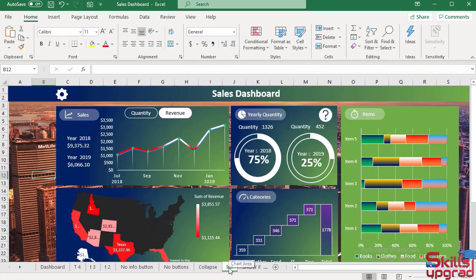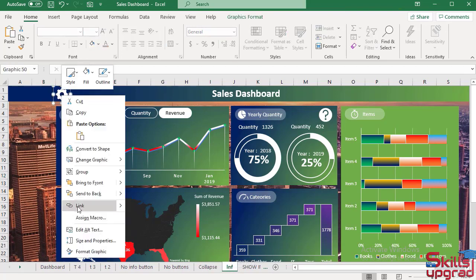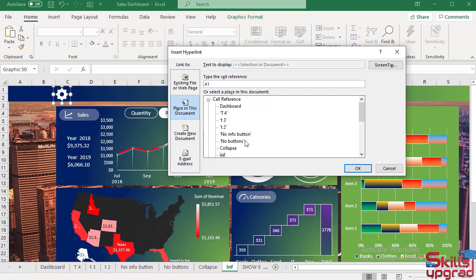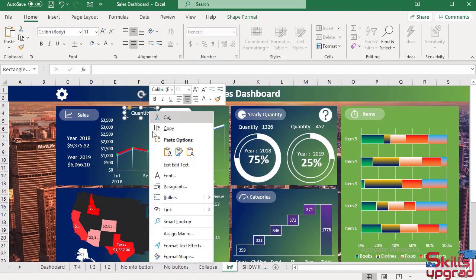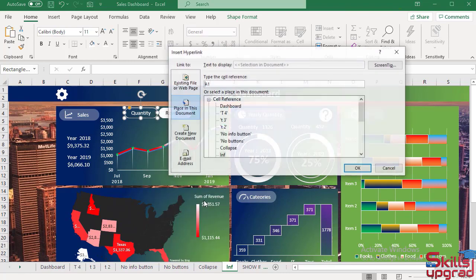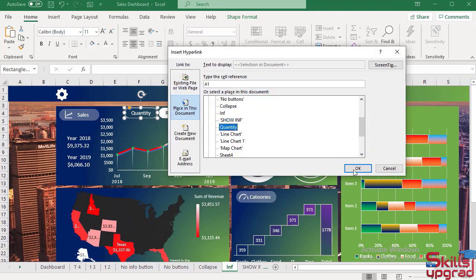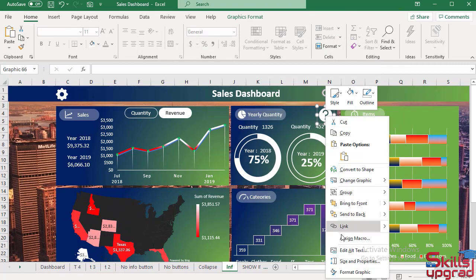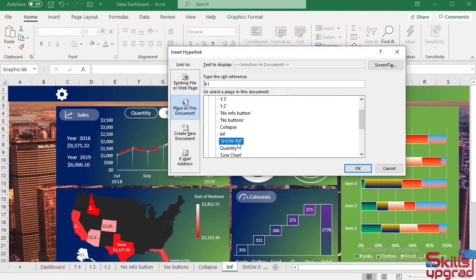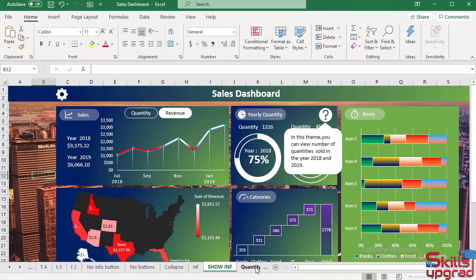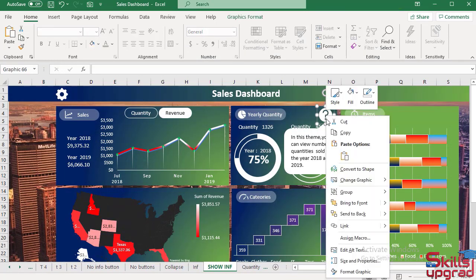Then select info, show the dashboard sheet, quantity sheet, and show info sheet. Then select this sheet, right click